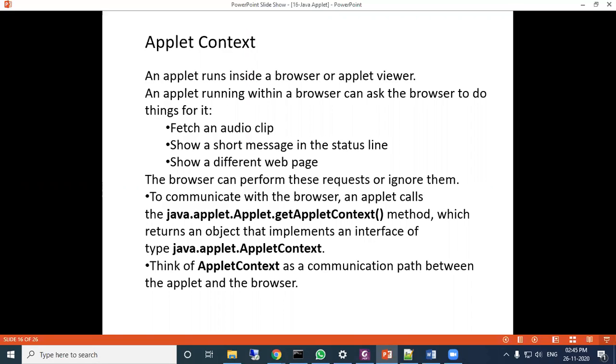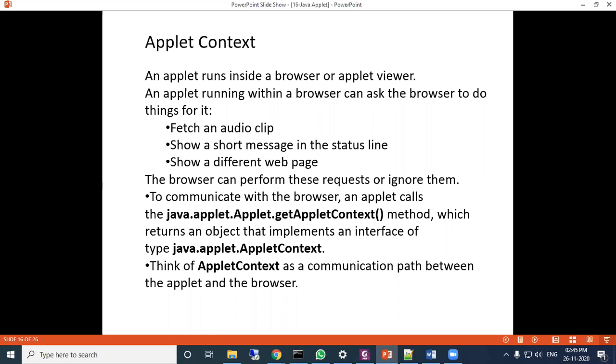So in the appletviewer or in the browser, these applet contexts are running. It means an applet running within a browser can ask the browser to do things for it, like fetch an audio clip, suppose you want to play one audio clip, show a short message in the status line, show a different web page. So these are the different requests which can be made by the applet to the browser.